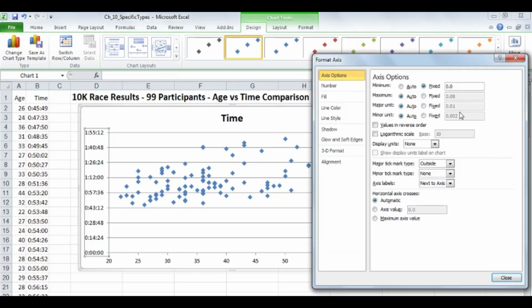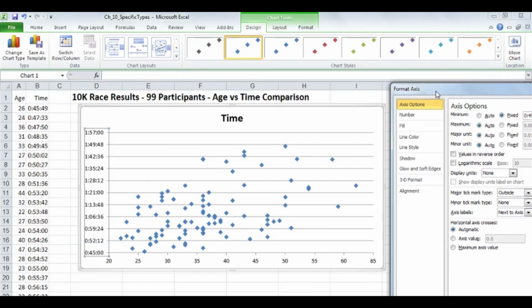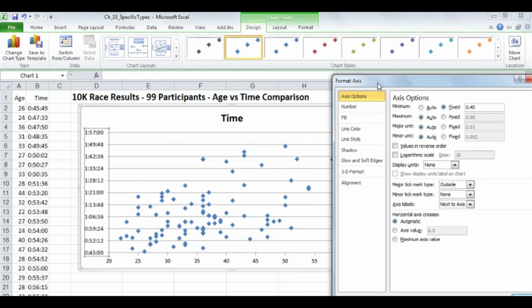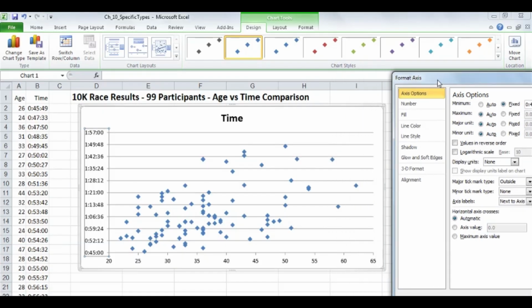In other words, don't do the automatic scaling, turn it into 45, and you can type 0:45, that should do it. And I'll just click the word fixed here, and that makes a reasonable adjustment there. Now it's a lot trickier, and you have to work with it to get the intervals, or in other words, make the grid lines be a little bit different,